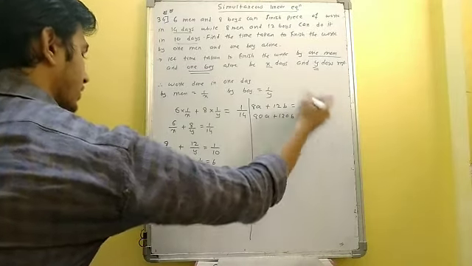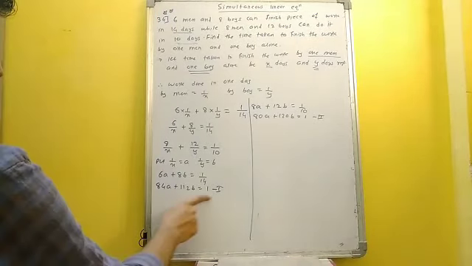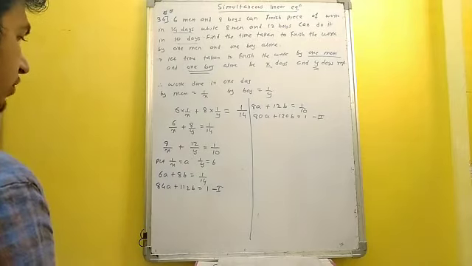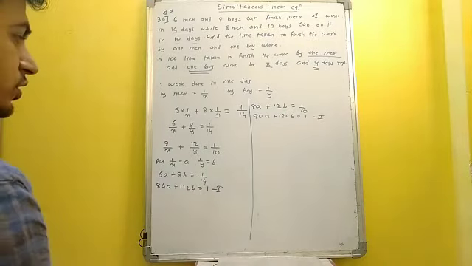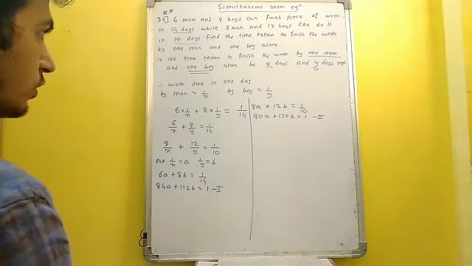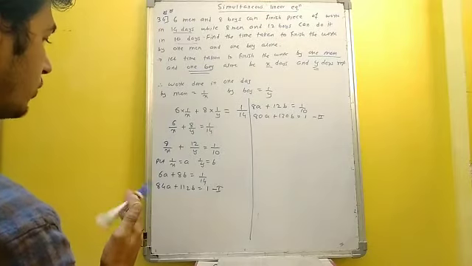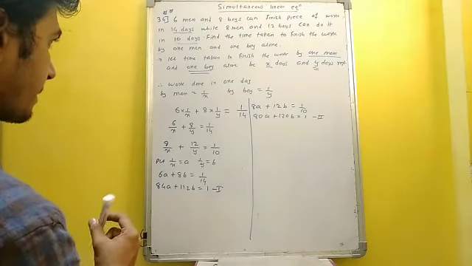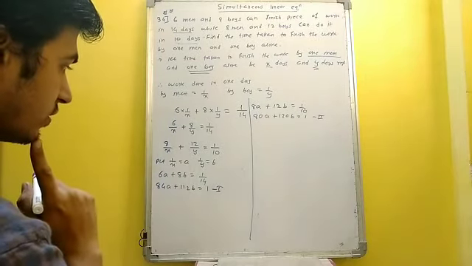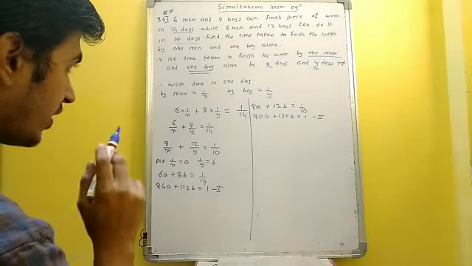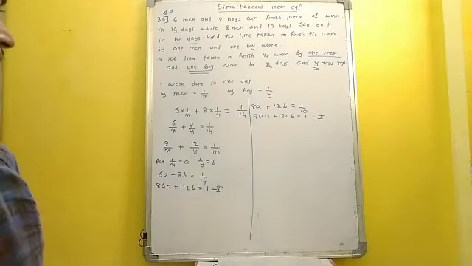Okay, equation number 2. So now the main task is to make the coefficients equal. First of all, I will try to reduce it. But we have 1, so we cannot reduce it in the RHS part. So the only option remaining with me is to make the coefficients equal. So how can I do that? We have 84, we have 80, big numbers. We have 112, we have 120. Okay, I'll do one thing. I'll try to solve the question by cross multiplication method.